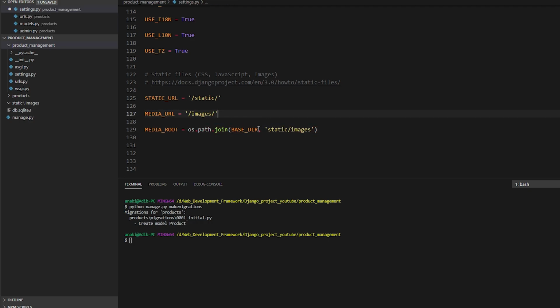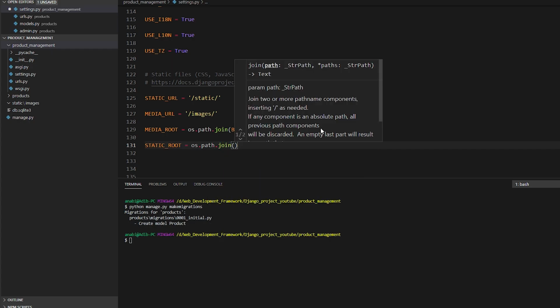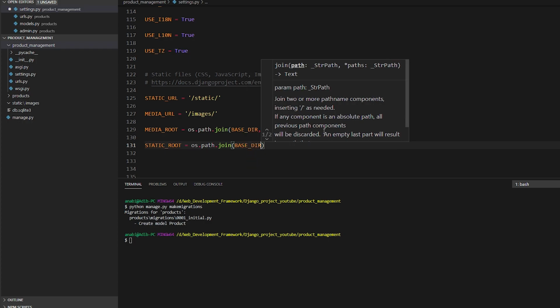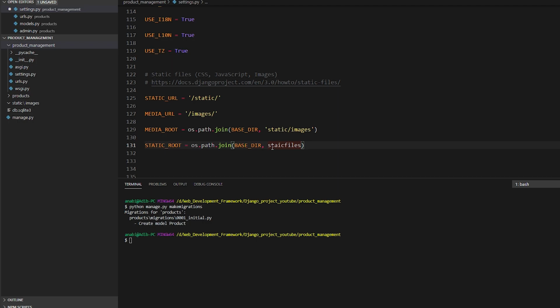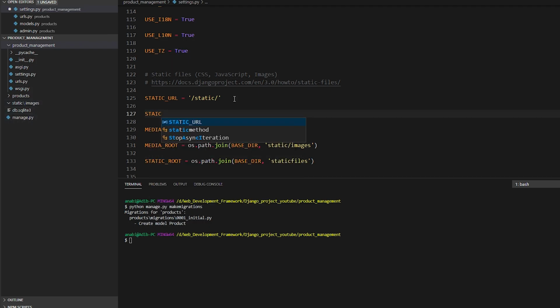Then we also need a STATIC_ROOT, which is os.path.join(BASE_DIR, 'static'), name it perfectly, staticfiles. Okay, so all your static content will go to the staticfiles, and we will also write